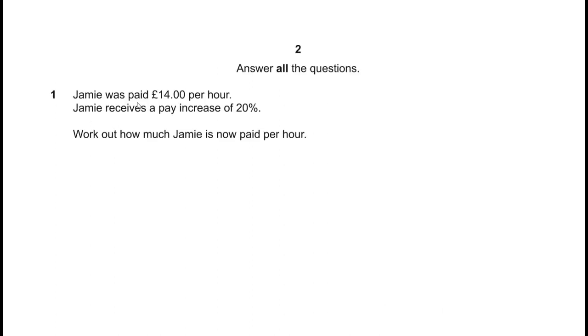Question number 1. Jamie was paid £14 per hour. Jamie receives a pay increase of 20%. We have to work out how much Jamie is now paid per hour. Well, the first thing we need to do is work out 20% of the £14. So, 20% of £14,